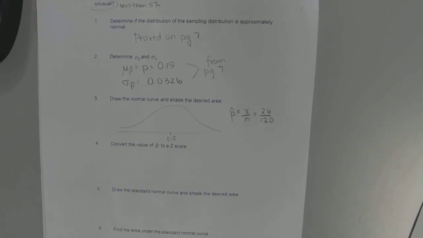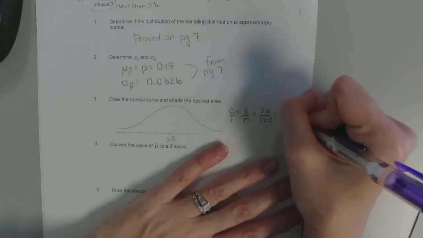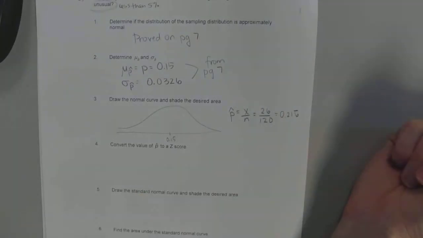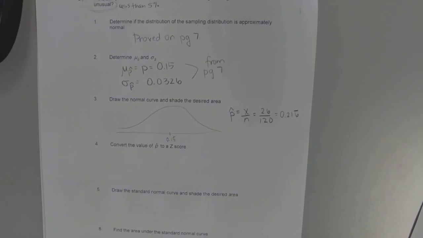When you do that, if it's an ugly number, round to as many decimals as possible. So is this one, I think, 0.216 repeating? So I'm going to put that repeating bar on there. When I go back and do my calculations, I'm going to put 6666666 so I can be as exact as possible. Because if you round too soon, like if you round that to 22%, it's crazy how big of a difference that makes in your answer, which makes the probability change and which makes you frustrated, even though you